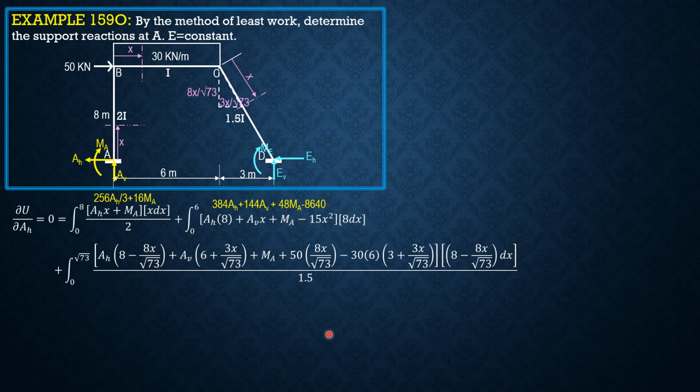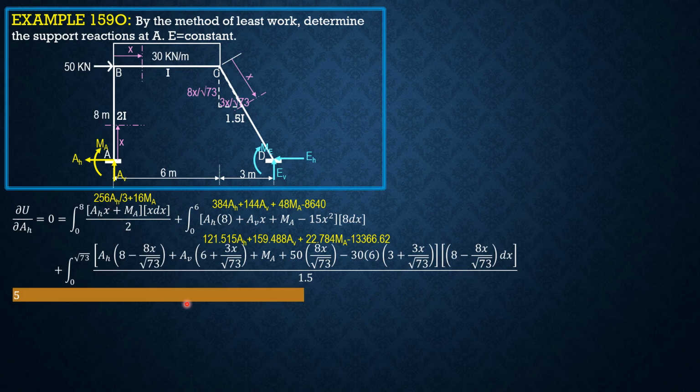For this next integral, we have 121.515 AH plus 159.488 AV plus 22.784 MA minus 13,366.62. Combining like terms, setting up the first equation: 590.848 AH plus 303.488 AV plus 86.784 MA equals